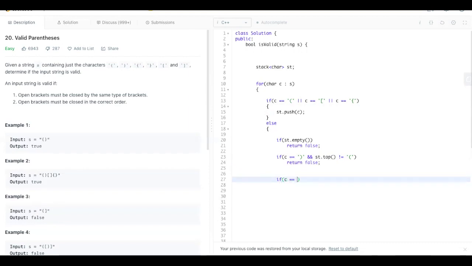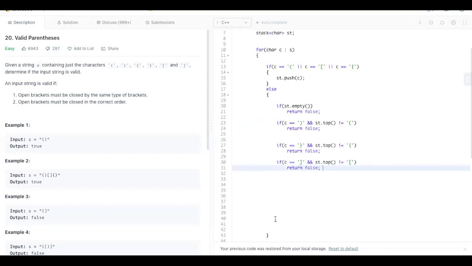And similarly, if it's a curly bracket and st dot top is not equal to the curly opening bracket, we'll return false. If c is equal to the close square bracket and st dot top is not equal to the open square bracket, return false.